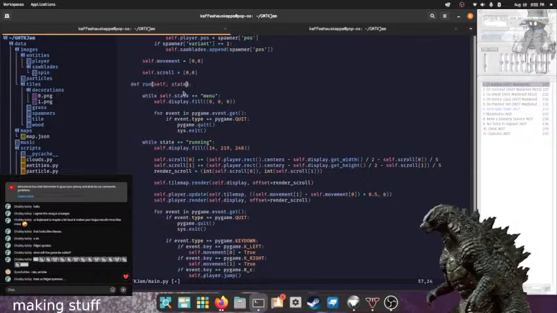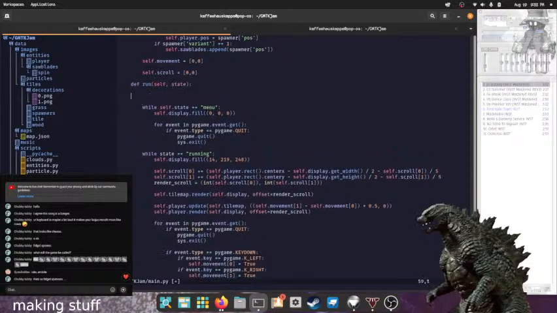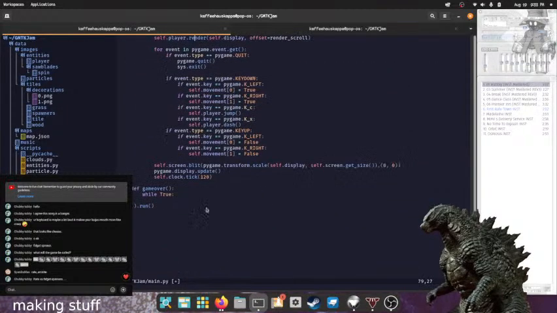So to pass in the starting state, self.state will equal state. So it will run the menu state right away.